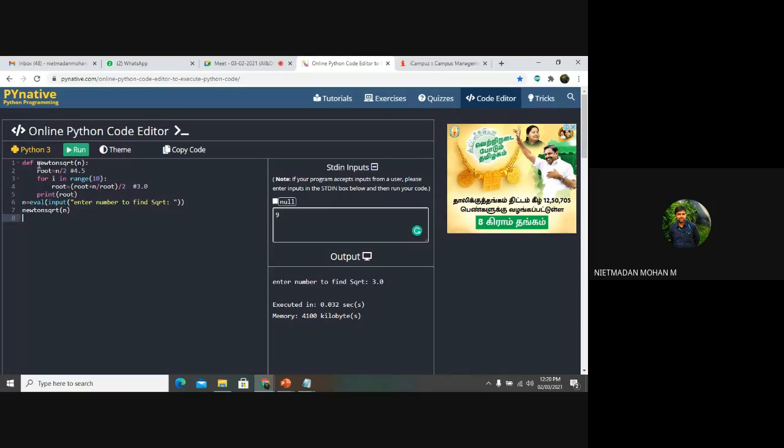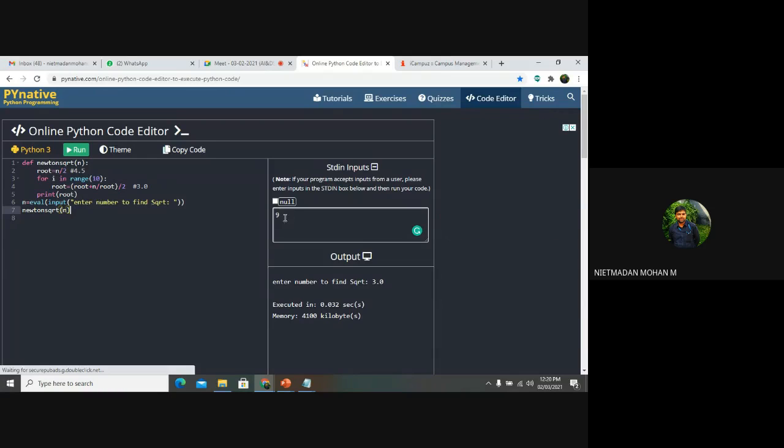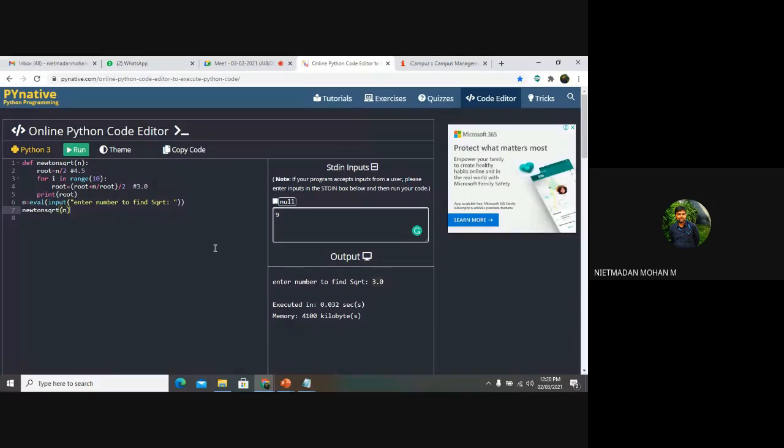They simply look at whether you declare any function, whether you are passing any arguments, and whether you are passing any values to the argument, which we want to explain over there. So don't concentrate on the formula or the values that you substitute. In your exam, you just write your output: enter the number is 9 and the square root is 3.0. That's enough, right? I will tell you this in the next class.